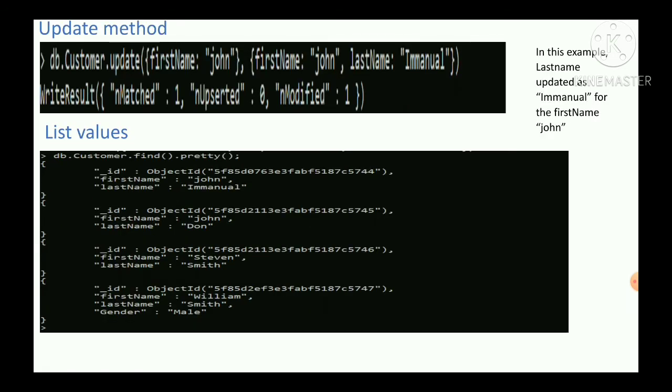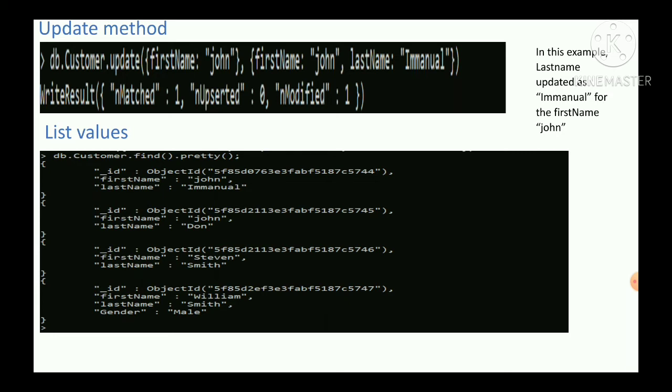So earlier I told, so this is very easy to learn about. Once we've done the update, in the same way I'm going to update the first name, because two records have the same name, like John is there for the first record and the second record. So I'm going to issue the same command, db.customer.update.